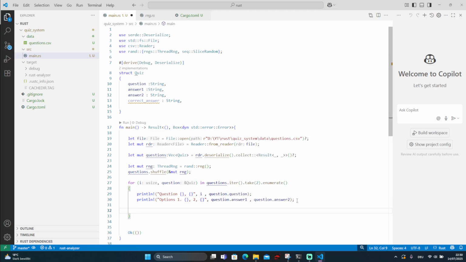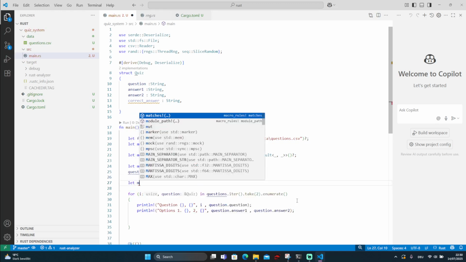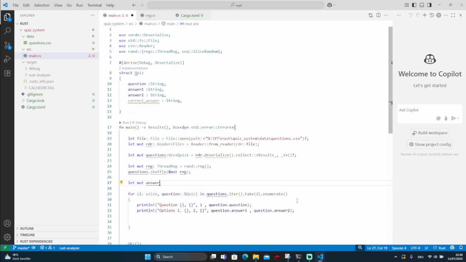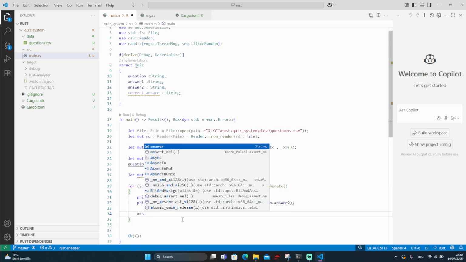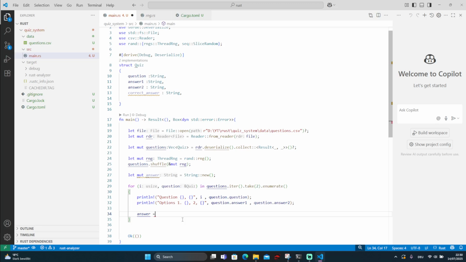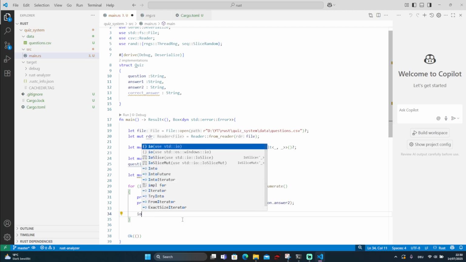Now to take the answer from the user, we have to create let mut answer, and then it should be String::new with brackets, so we are creating a new string variable. And then basically we do answer is equal to, which is not actually answer dot equal to, you should use the IO library for that, so we use IO